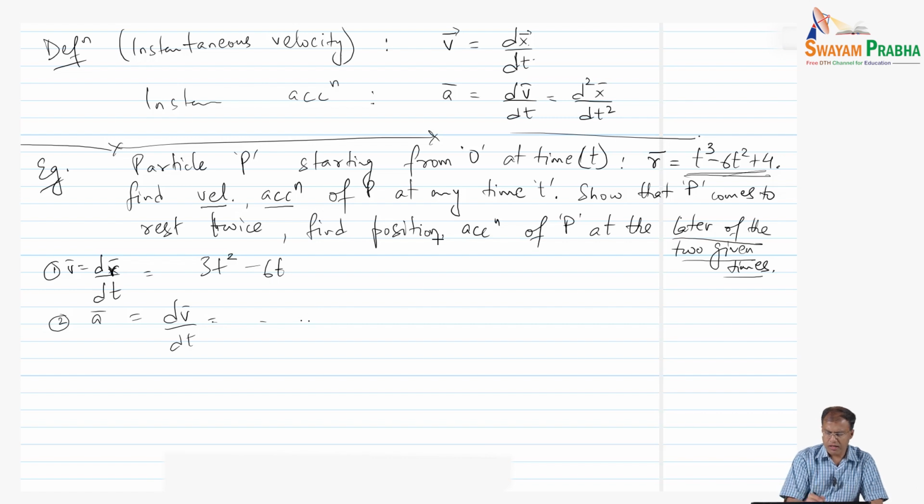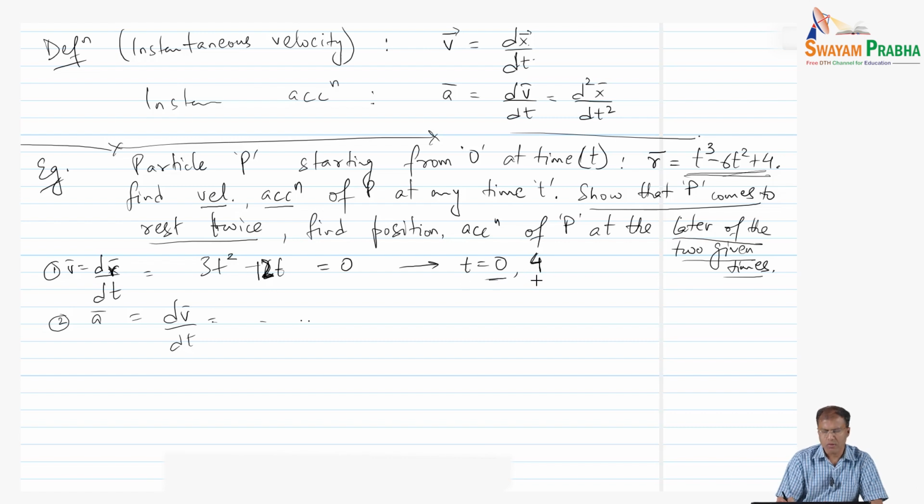Now most important is we have to show that the particle comes to rest twice. So namely, we have to find the times when the velocity is 0, right? We see that from here we get t equal to either 0 or t is equal to, well, 3t³ − 12t. So hold on. So this is a 12 here. So we have that t is equal to 0 or t is equal to 4, and for these two times